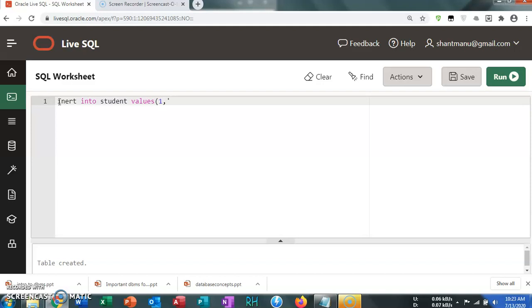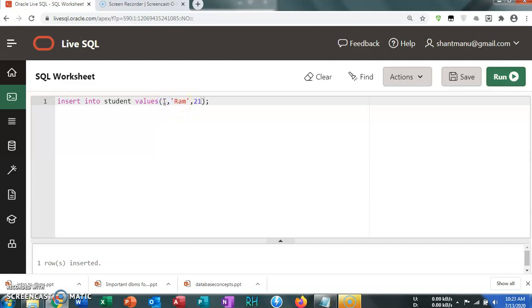So let's put here Ram, name of the student, then age of the student, suppose 21, bracket complete, semicolon. Run that command. Invalid statement, sorry, here is the mistake. One row inserted, means the first row got inserted into your table.